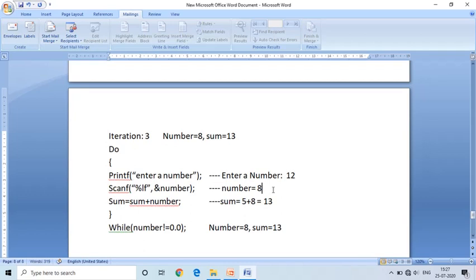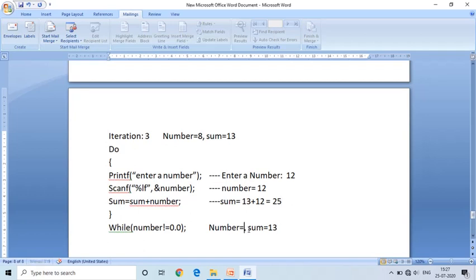This 12 is stored in the number variable by reading the data. The third instruction, sum is equal to sum plus number. Right now the sum value is 13 and the number value is 12. 13 plus 12, the value is 25. The sum value is right now 25.